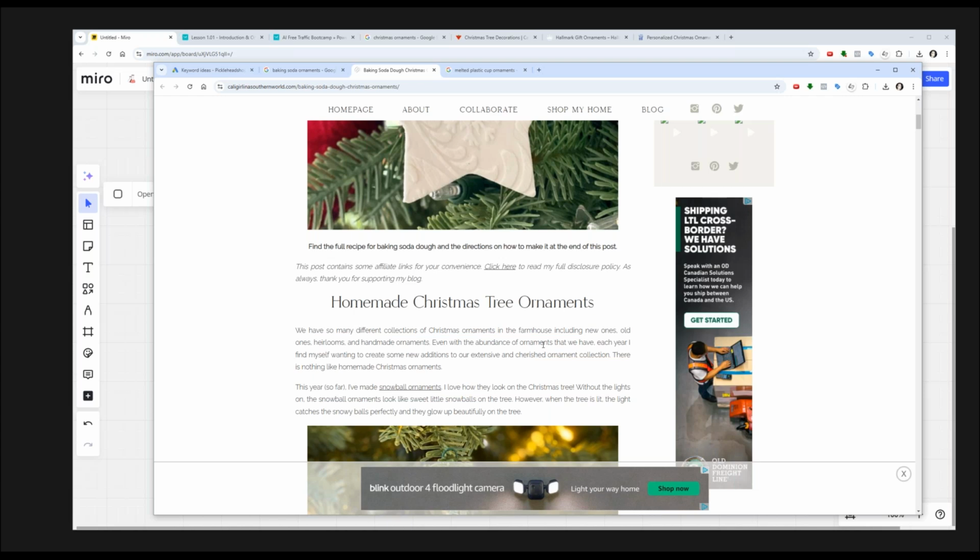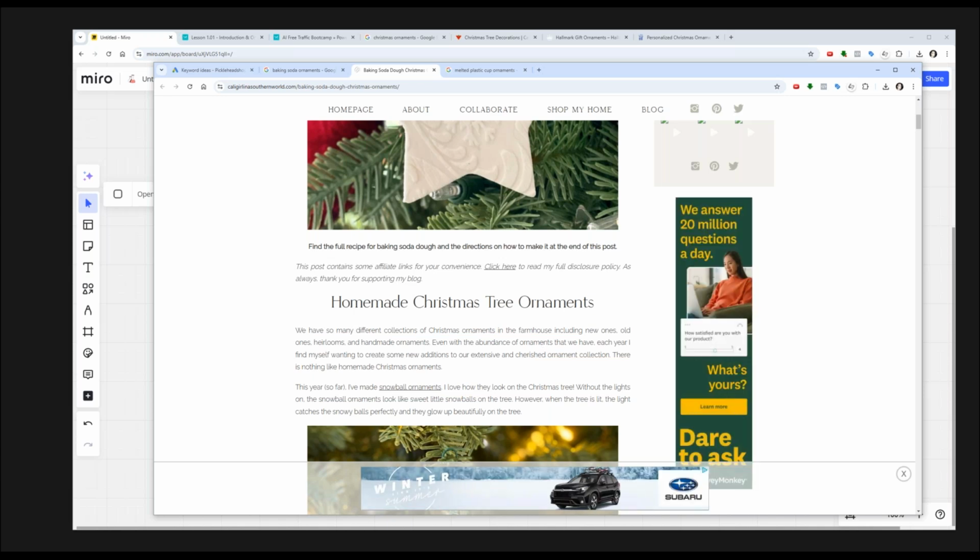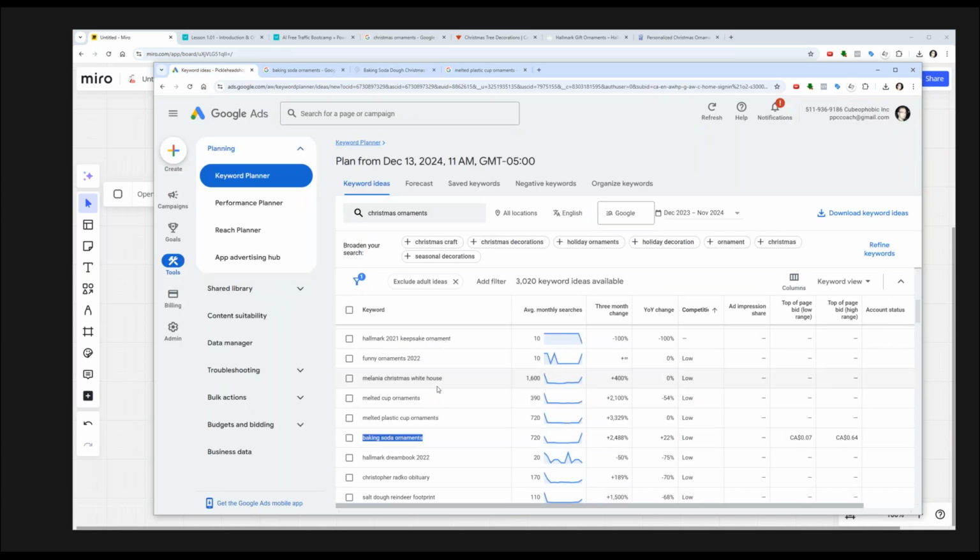So if I want to send them to my Etsy shop and to the ornament category on my Etsy shop, I could do that with these banners. And the cool part is these banners are super easy to create with Canva. Even the free version of Canva can do these in a heartbeat. So now what you're doing is you're finding opportunities and you're creating articles based on them, but on those articles, you actually have ads for your stuff that you're selling. So it doesn't have to be a one-to-one-to-one connection. In this case, it's baking soda ornaments.